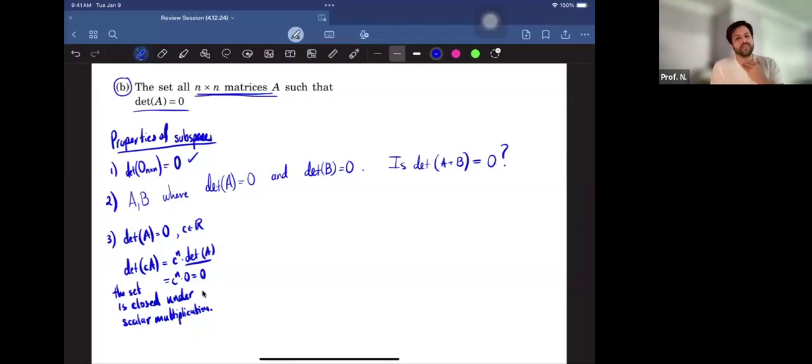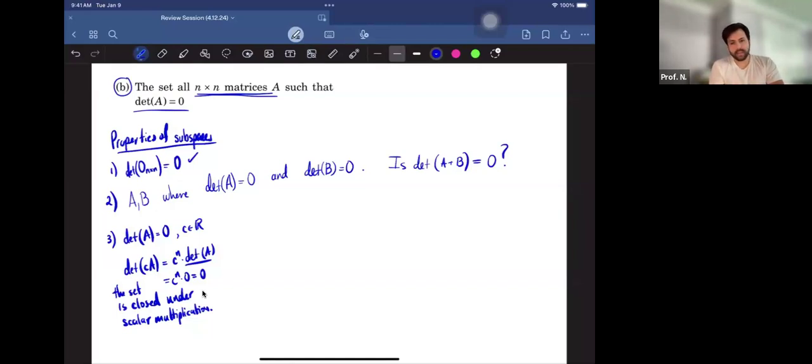Whenever you prove something to be true, you prove it in a general way. Whenever you want to disprove something, all you need is one counterexample, and you're able to effectively say this is